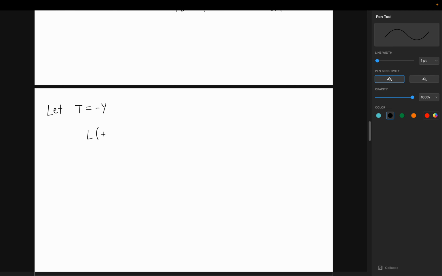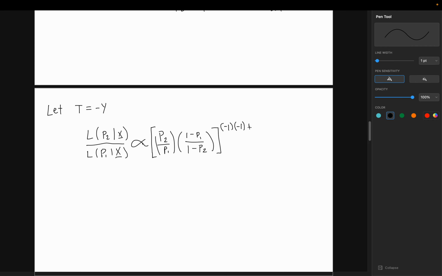Then our likelihood function, p2 given the data over p1 given our data, is still proportional to p2 over p1 times 1 minus p1 over 1 minus p2, all to the power of negative 1 times negative 1, which is just 1, times y,